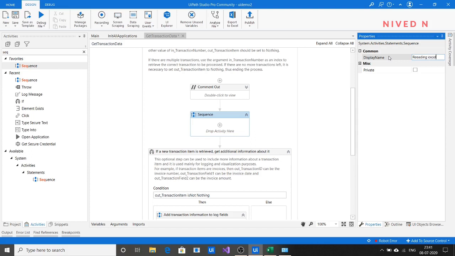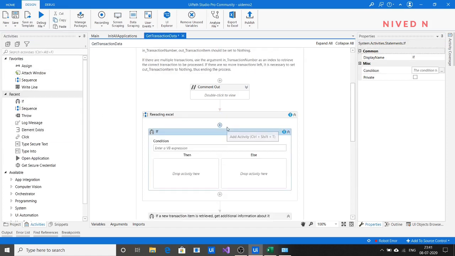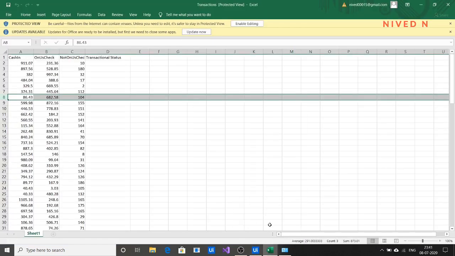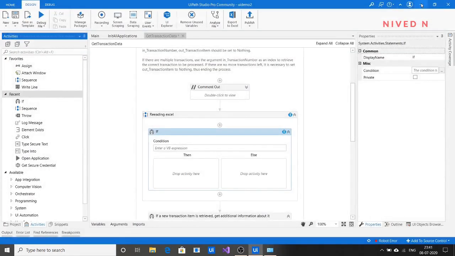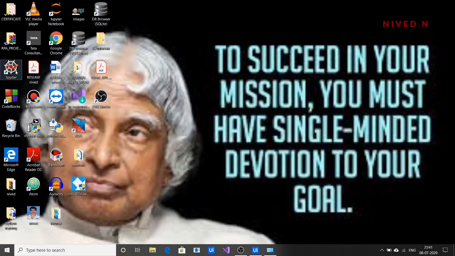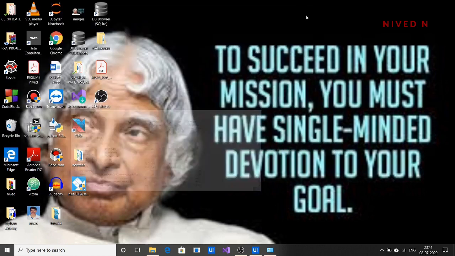the Excel file here. So what is the condition? To obtain the transaction data, we first have to read this Excel file and convert it to a data table. Only after that can we assign the transaction data, or sorry, the transaction item. So for that, what I'm doing here is